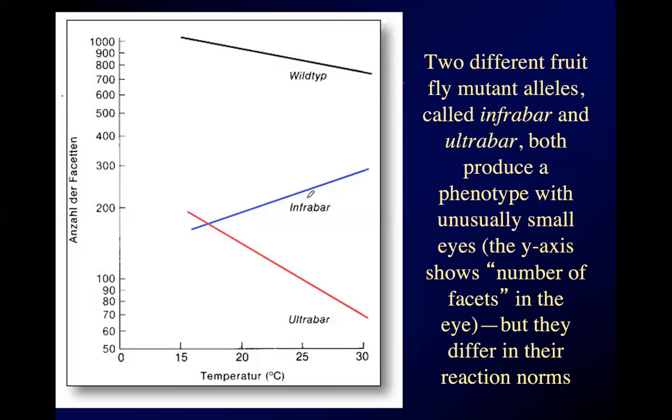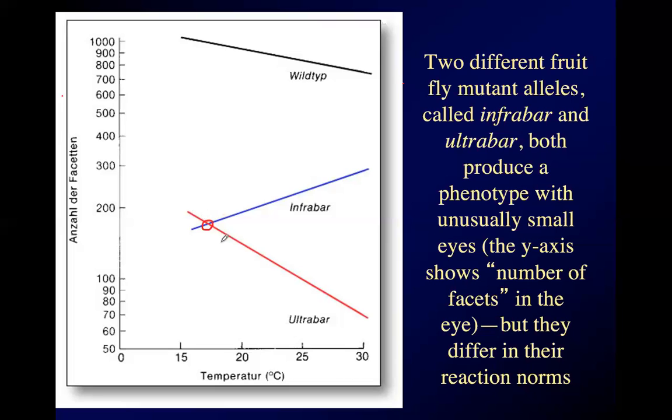These are fruit flies with two different mutant phenotypes called infrabar and ultrabar. They both produce a phenotype with unusually small eyes, called bar eyes. Much fewer facets. The eyes are not the big globe-shaped things that you would expect in a typical fly. They're more like little strips. And at about 17 Celsius, where these lines cross, both infrabar flies and ultrabar flies only produce maybe 180 facets